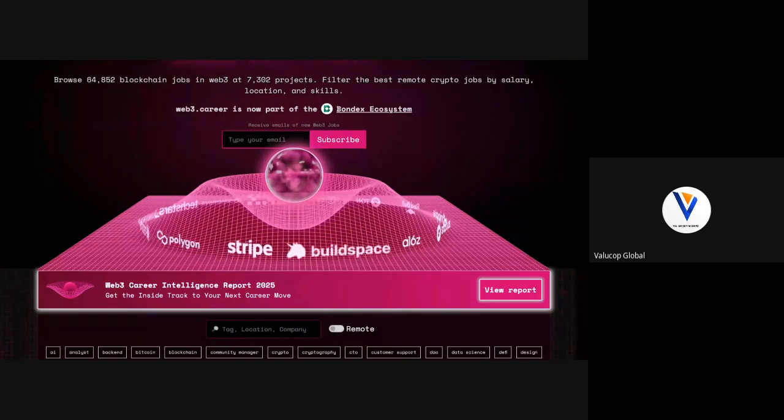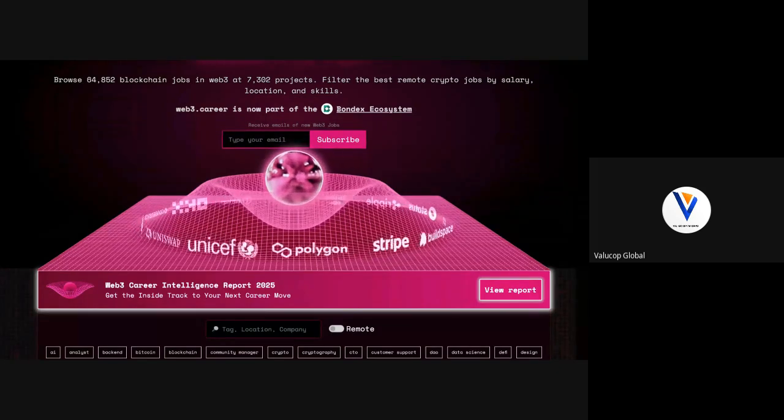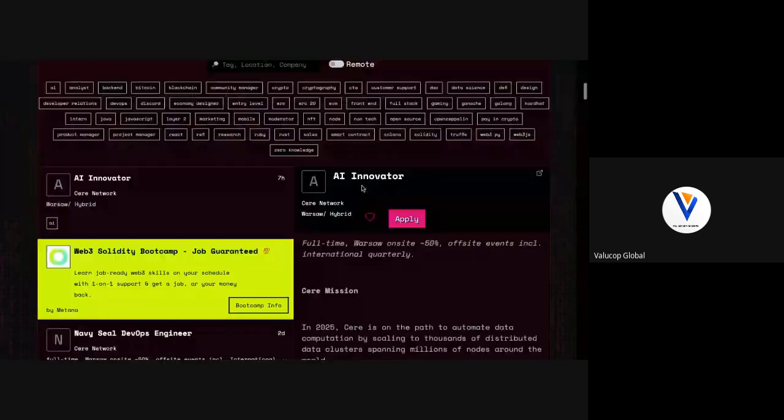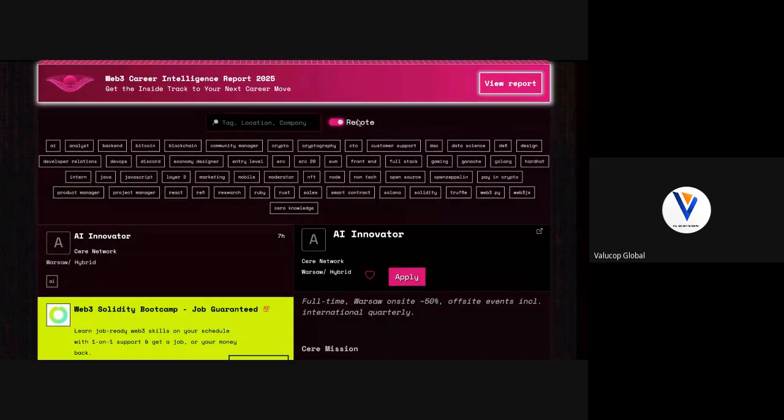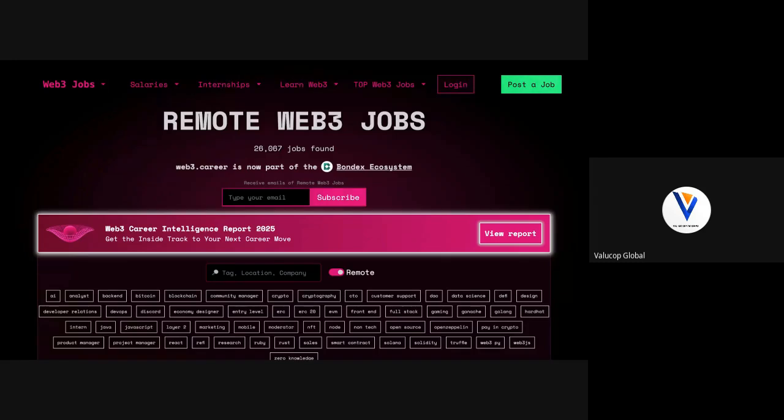The reason I'm taking you guys to this job board is to show you the possibilities. What kind of jobs do employers look out for? These are different categories. I'm going to switch to remote, because we are from this part of the world, we're looking out for remote opportunities. That means opportunities that allow us to work from where we are, regardless of where the job is. Do you get? I've worked for a job that was based in the UK, and I only met the team physically because I had to travel to meet them.